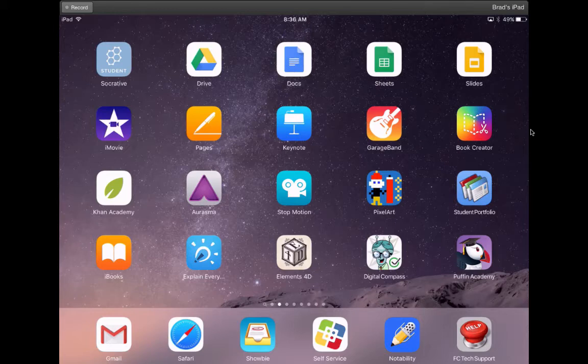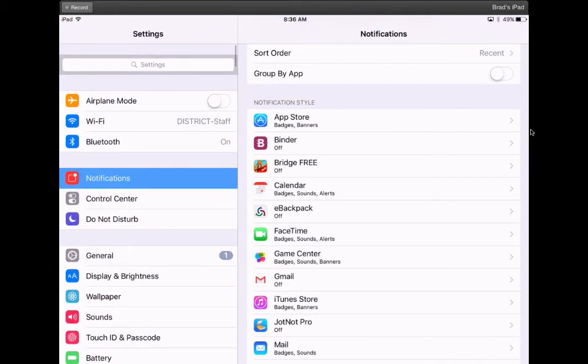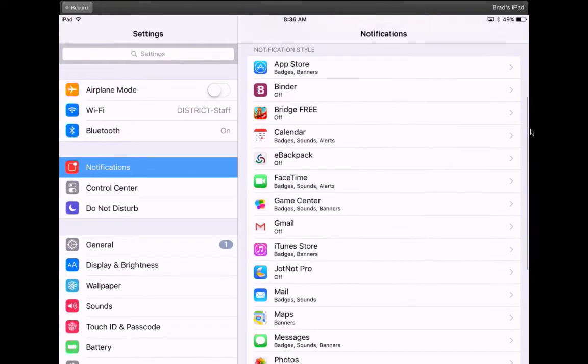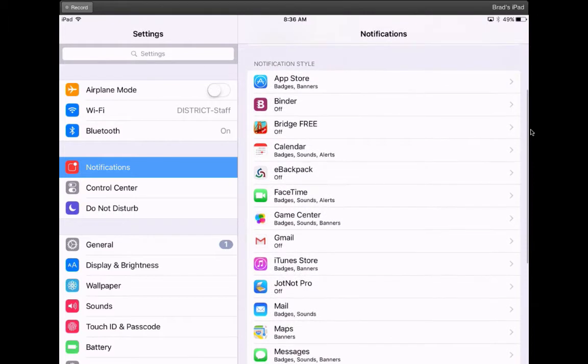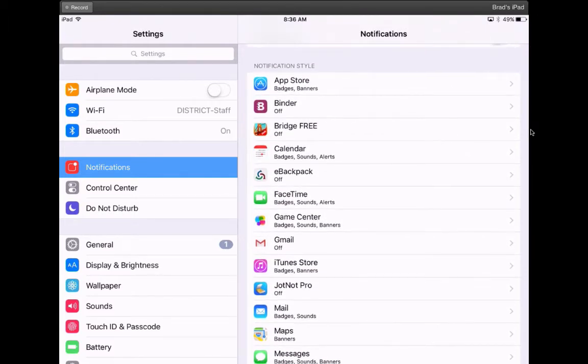So what I need everybody to do here is, if you look at your settings app, what you can do is, if you click on notifications here over on the left, and you see where that is on the left, you will see that you have a number of notifications that are probably set up for your device. Now, as you go through this, I want to tell you just really quickly about the way that these different things work. A badge will show up as a number on the side, kind of like a little red dot,